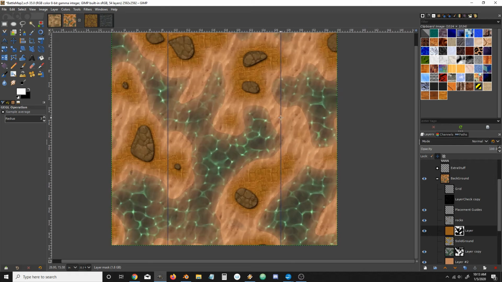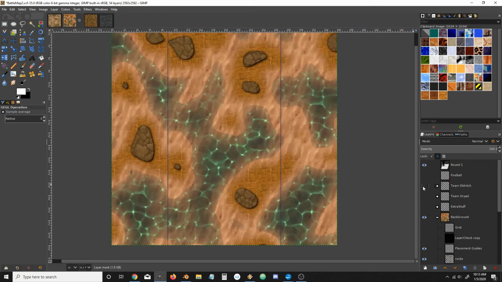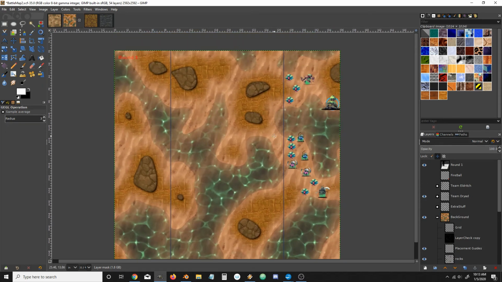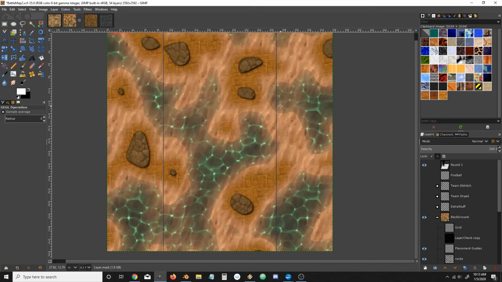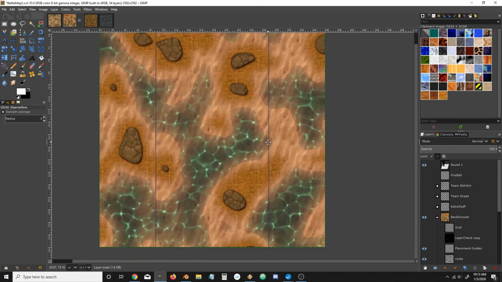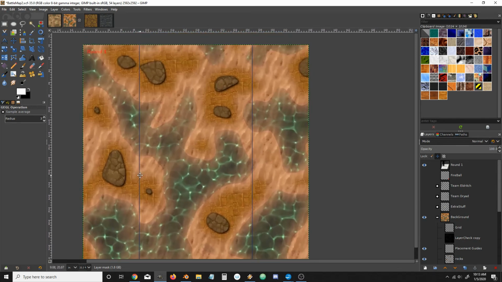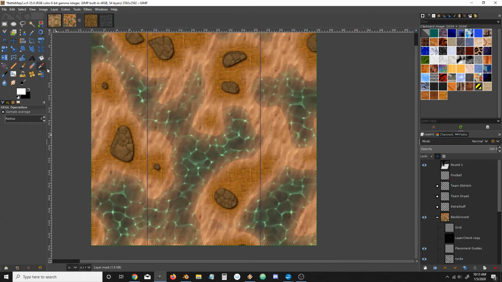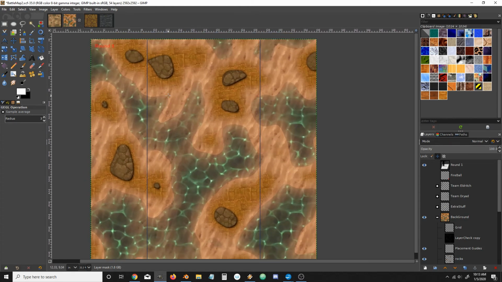This time I added these placement guides. If you watched the first video already, I think you saw in the first fight I accidentally put Ruka too close to the opposite side. And she was able to, I think, kind of move in faster than she was supposed to. So I believe the rule is you have to be 18 inches away from the opposing side. Since it's 3 foot by 3 foot, we've got 9-inch areas on either side, which are valid for putting troops in. If we did it diagonally, that could be kind of different, and that might work a bit better, but